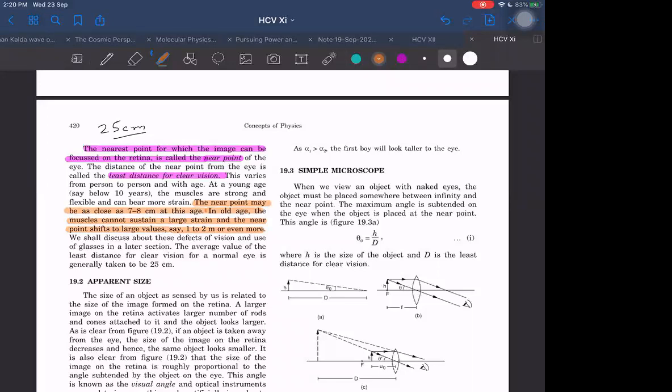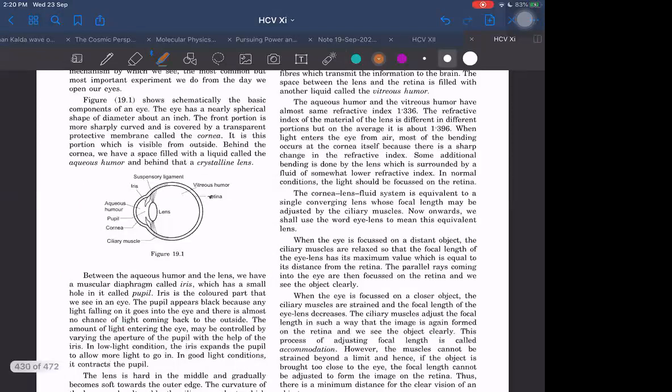So understand that somehow it depends on how strong our muscles are, because we need the muscles to make the radius smaller. I told you before, we need the muscles to make the radius smaller. And this also gives you one more idea. If you want to see something closer at the near point, let's say up to 25 centimeter we want to see, and children can see up to 7 to 8 centimeter also, then they are able to see up to such a small distance because they have stronger muscles and they are able to compress it much, and their flexibility of eye is much that their radius becomes much smaller and focal length becomes much smaller, so power becomes much larger.